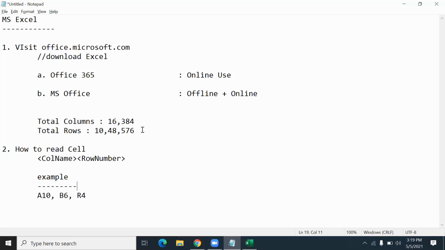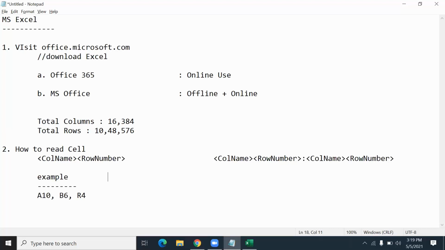And to read any cell range, you read the column name and row number, colon, after that again the column name and row number, like this.